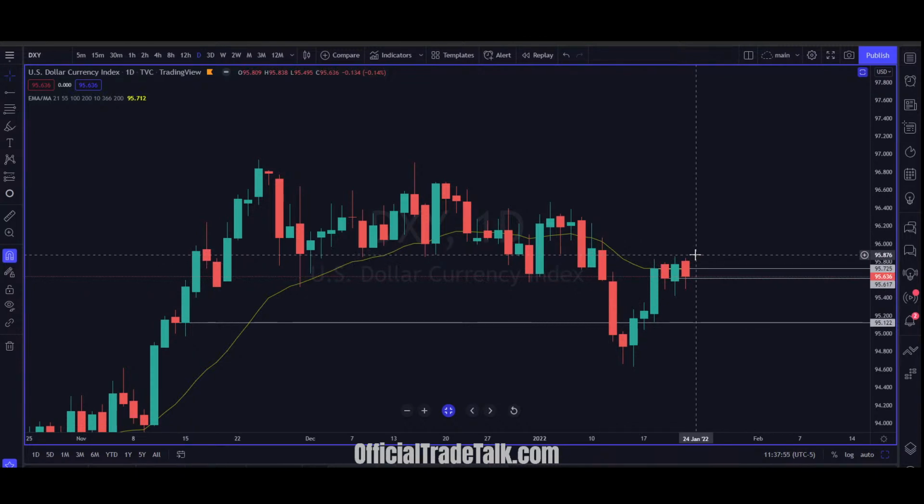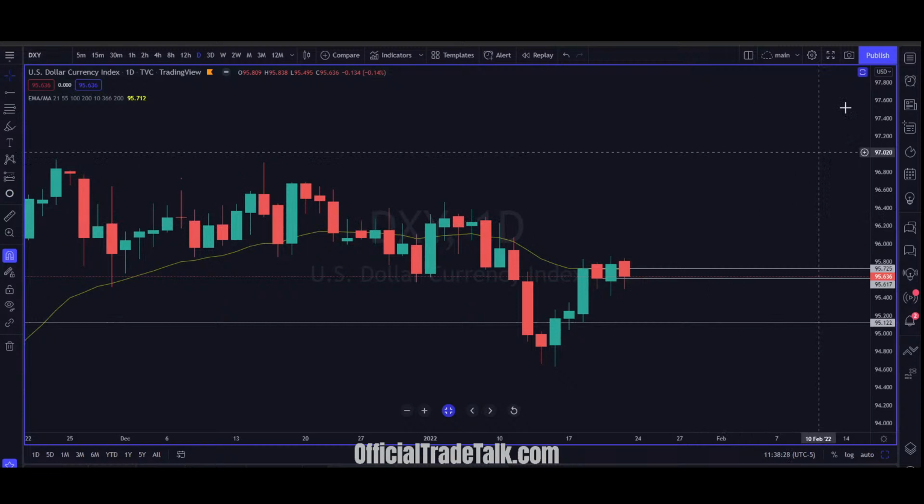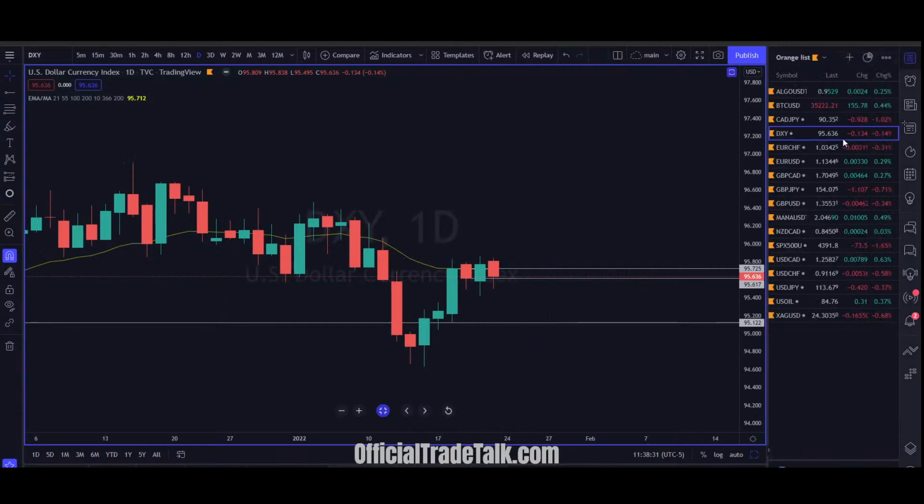But this is the thing as well. Since you had such a massive rip on Bitcoin and the S&P 500, you could see a bullish week on all those assets. You see a bullish pullback on the S&P 500, see a bullish pullback on Bitcoin. So that could mean that we could see more bearish dollar, but they aren't really trading with each other right now. So we're going to trade the dollar on its own merits. Whatever its price action is showing us, that's how we're going to trade it, unfortunately. And with that, knowing that information, then we know what we're looking for on the other pairs.